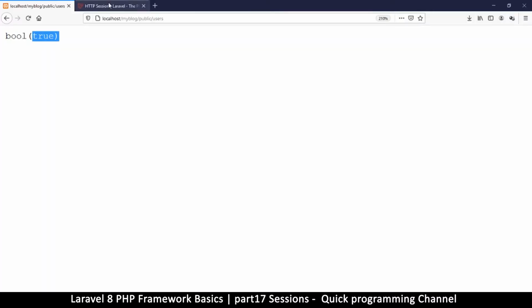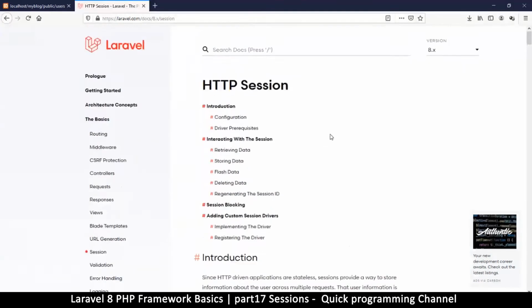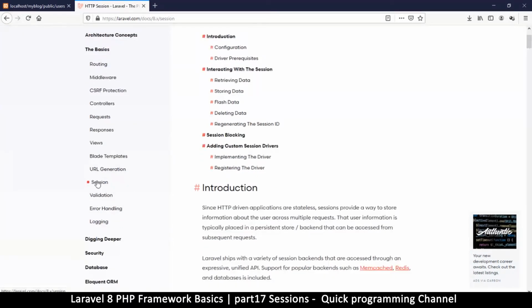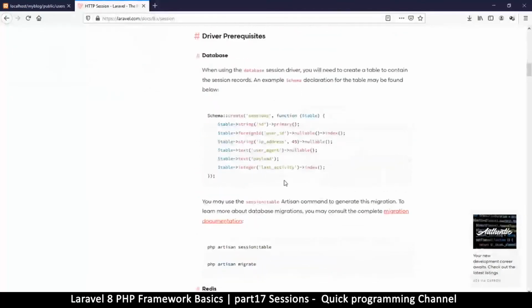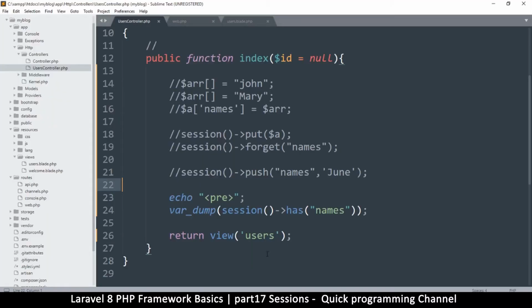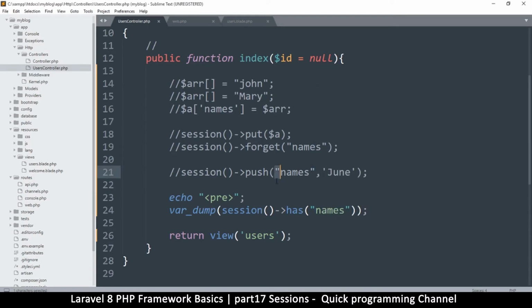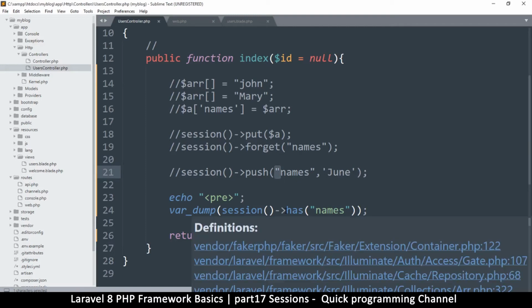So you can read the documentation here, like I always say, go to laravel.com documentation and then click basics and then go to session. Then you can read all the documentation you want here in case I miss something. Okay, so now we've gone through missing or push, flash. Now flash deletes everything from a session. So if we want to flash everything,